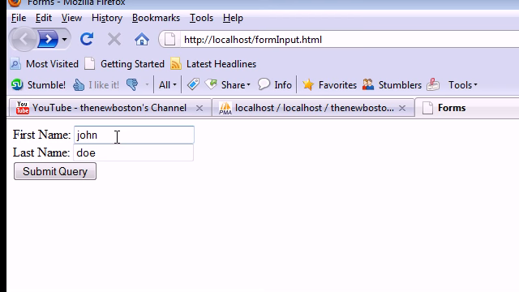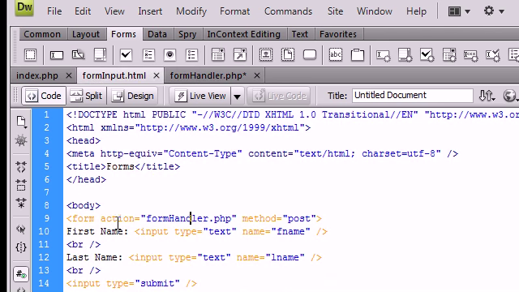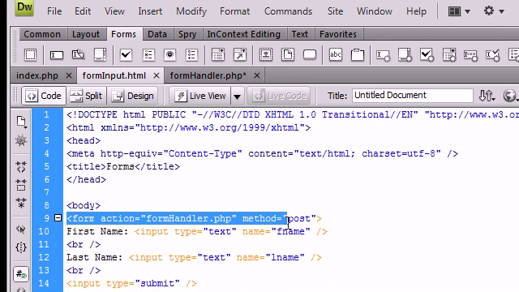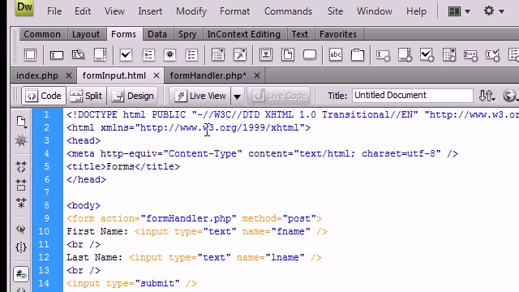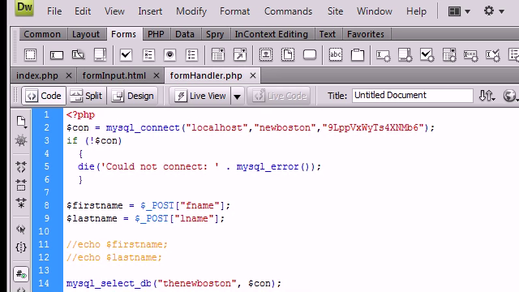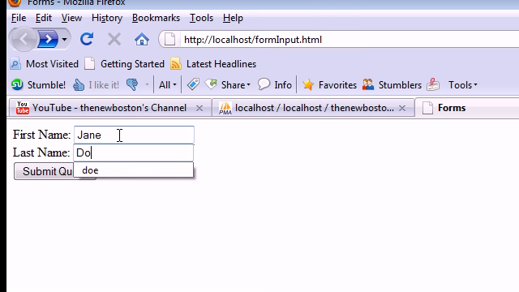So what we have here is the form that we created inside of forminput.html. And if you guys don't remember, that is right here. We have our form data inside of this form right here. So let's go back to the forminput.html, and let's go ahead and type in a name. I'm going to type in just a simple filler name, Jane Doe. I'm going to submit,